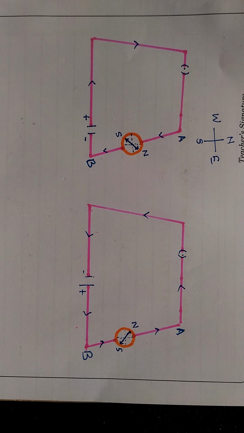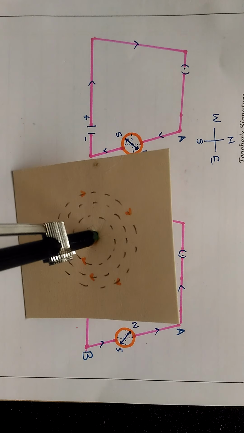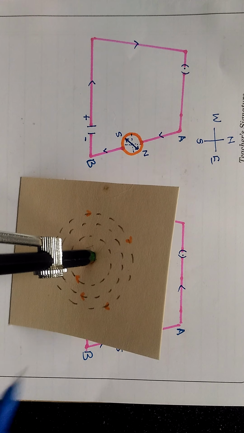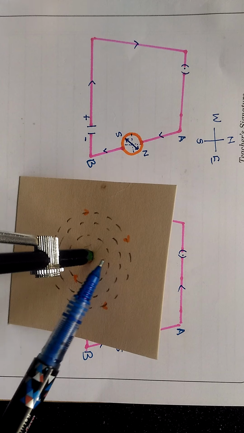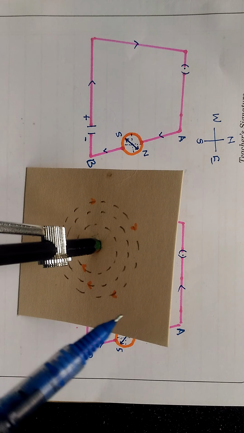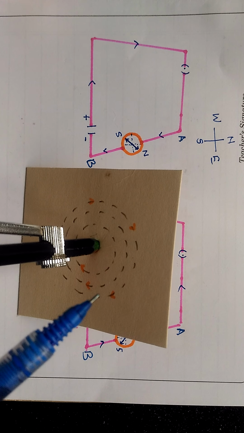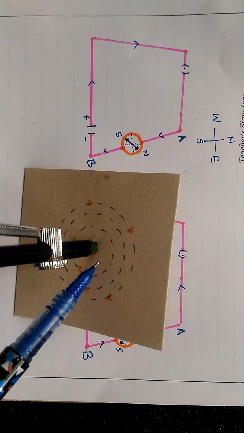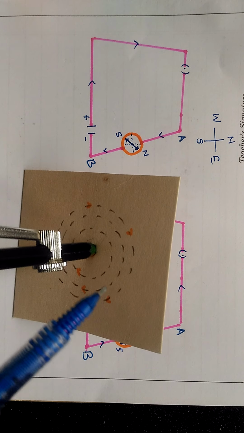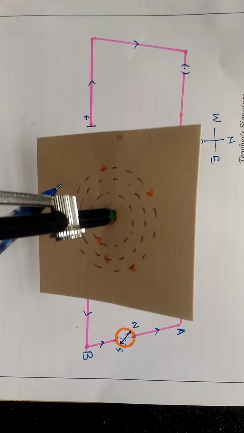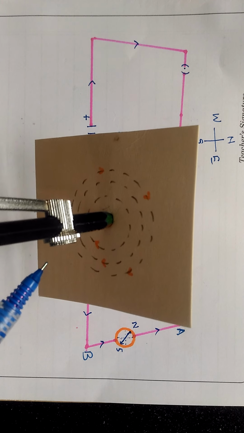Look at here in the another picture. So we have here another picture. Now the current direction is downward, like this. Then the magnetic field lines are in clockwise direction. Again the same thing, the magnetic field strength goes on decreasing away from the conductor. So you understood these things, means the magnetic field lines are always in the form of concentric circles.